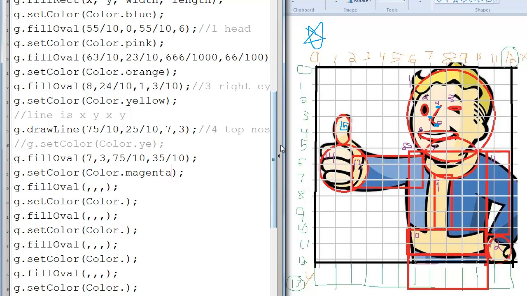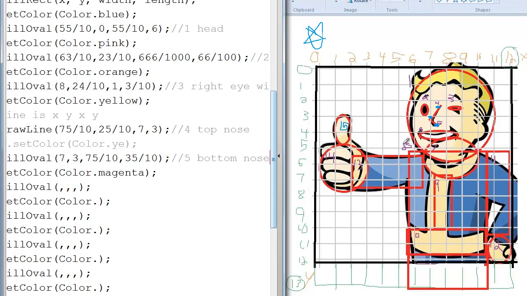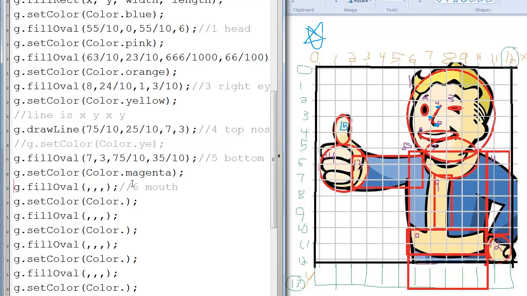Magenta. And the next one we're going to do is we're going to label this 5 wink, so bottom nose. So 6 is going to be 6 mouth. It's also an oval. So I'm going to round that down a little bit to push the mouth down. So it's going to be